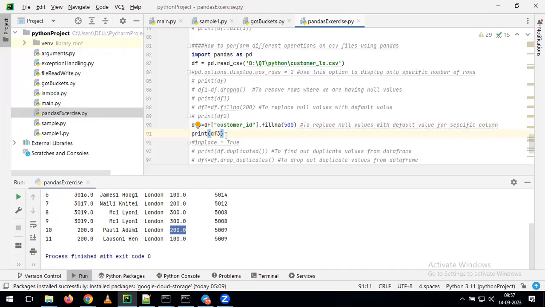Now, you tell me, if I'm going to give the print of df3, how many columns it will display? Any guesses? If I'm given the print of df3, how many columns? I'm not asking the number of rows, I'm asking the number of columns. Only customer ID. It will display only one column, because